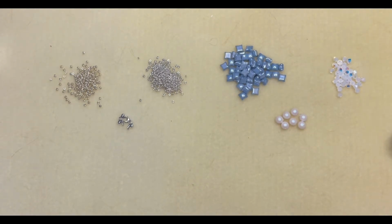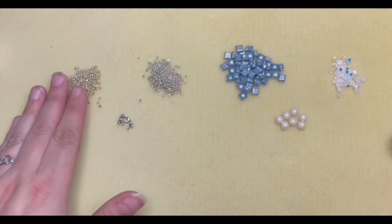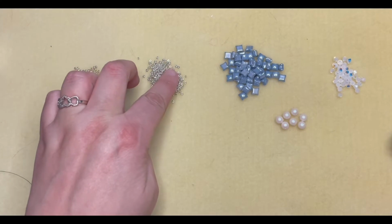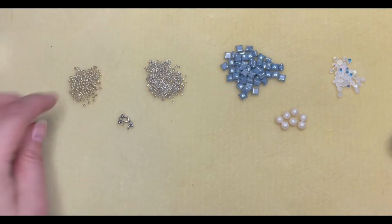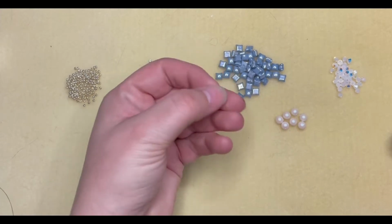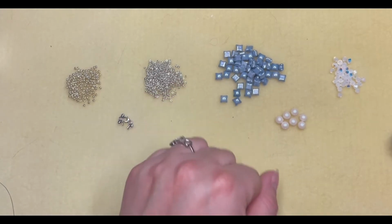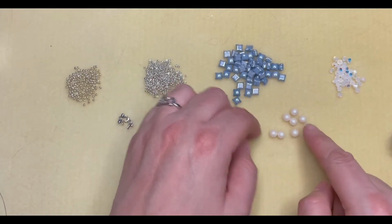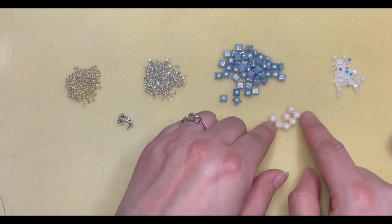Okay, so we are going to need 11 seed beads. These are Miyuki silver. 15 seed beads, these are actually the Czech coated Labrador full. You're going to need Wibeduo beads, of course. These are the chalk baby blue luster. You're going to need 7 Swarovski pearls or Drux or Czech pearls. These are 6mm in the pearlescent white,